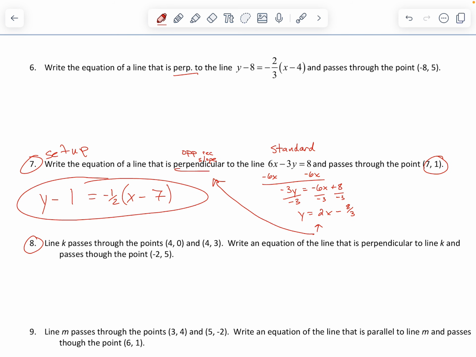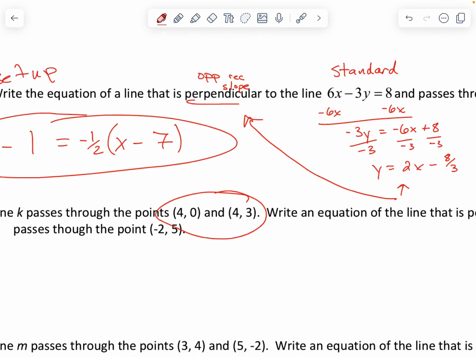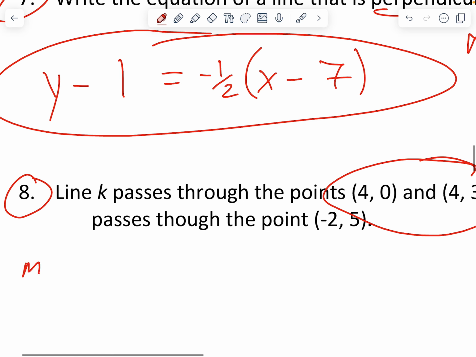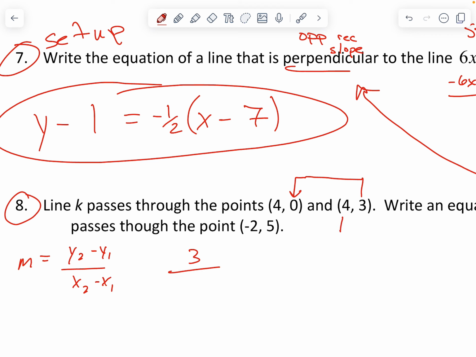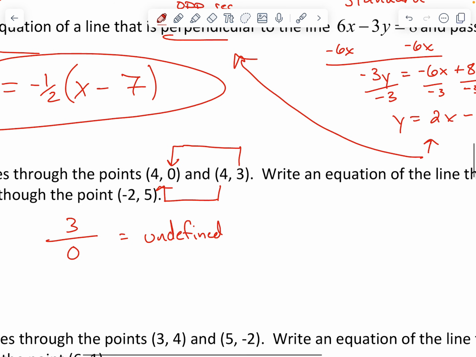Okay. Number 8 only gives us 2 points, so in this case, we don't even have a slope. So you have to use the slope formula. Slope formula, m equals y2 minus y1 over x2 minus x1. Okay, so going back to that, just to figure out slope first, we've got 3 minus 0, so that would be 3, and 4 minus 4, well, that would be 0, which means that this is undefined, which means that this is a vertical line,